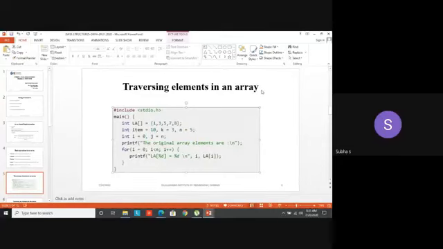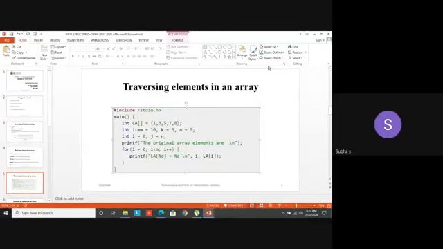I'm going to print all the elements. No need to look at that item k equal to 3 like that. We will look at some other coding for insertion and deletion. What I'm going to do is print all these 5 elements. A simple for loop you are going to use: for i equal to 0, i less than n, i plus plus.